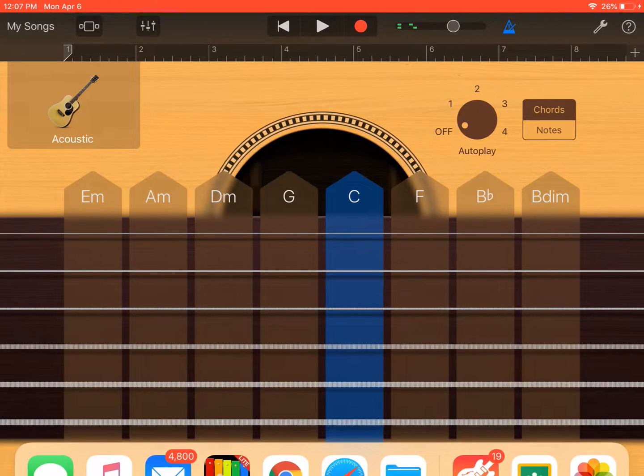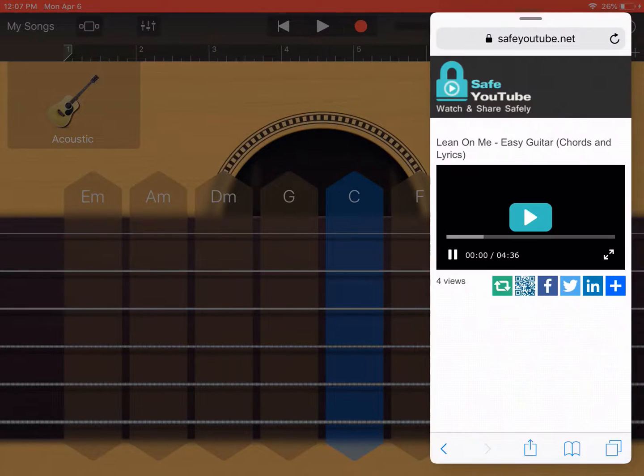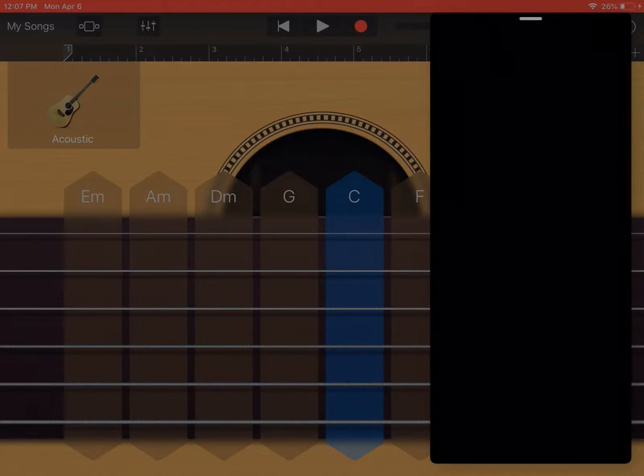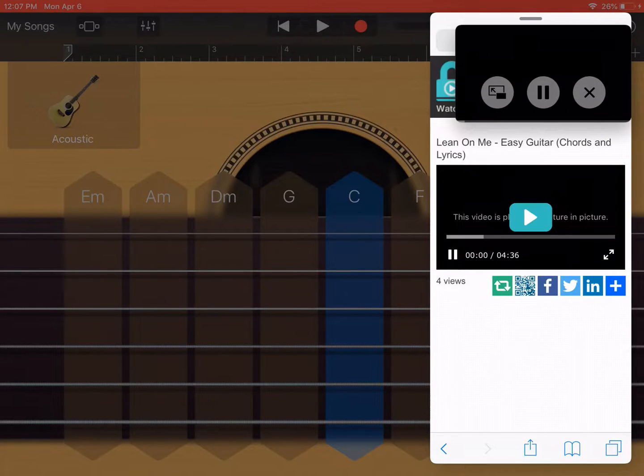I'm going to go back into Safari, bring it back into split screen, and instead of just pushing play and going ahead and making it disappear again, I'm going to push on the full screen view, the 2 arrows at the bottom right of that video screen, and notice what shows up here at the top. There's a split screen button with a rectangle with an arrow in it pointing to a smaller rectangle. Press on that and you get this little split screen view of the video that we are going to play along with.